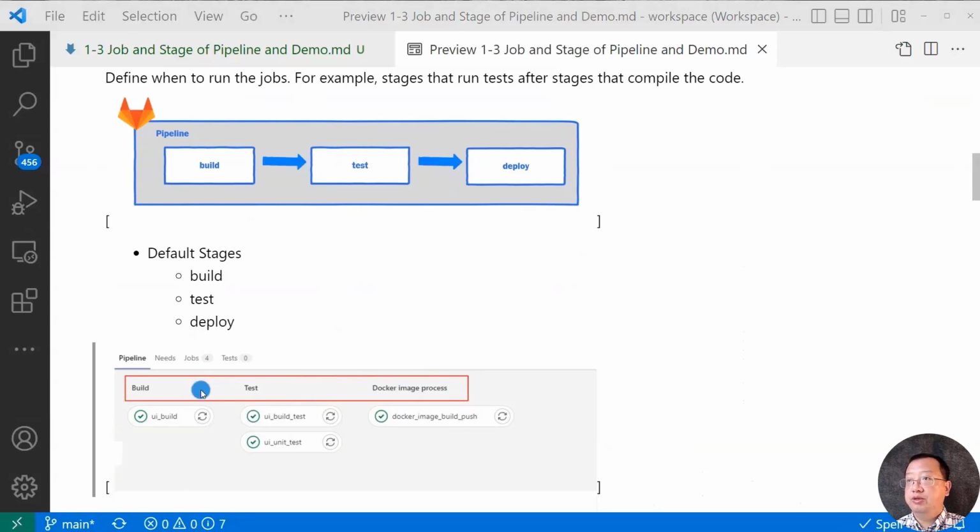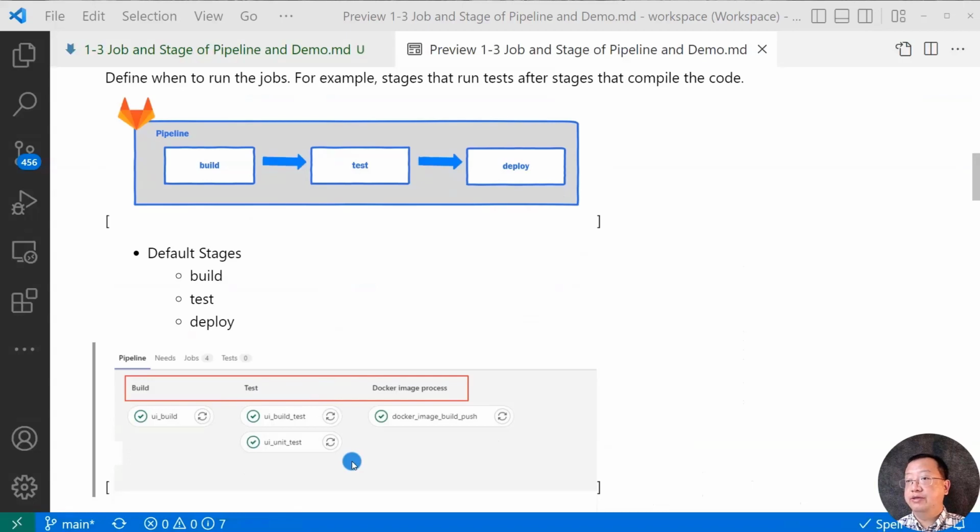When all jobs from the build stage are completed, GitLab proceeds to the test stage. Likewise, when the test stage is complete and all jobs have successfully finished running, the Docker image process stage will be executed. How to handle some jobs crashing in the test stage? Well, I still want to move to the next stage. The answer is adding allow_failure equal to true on jobs. GitLab will mark the test stage as success with a red warning icon.